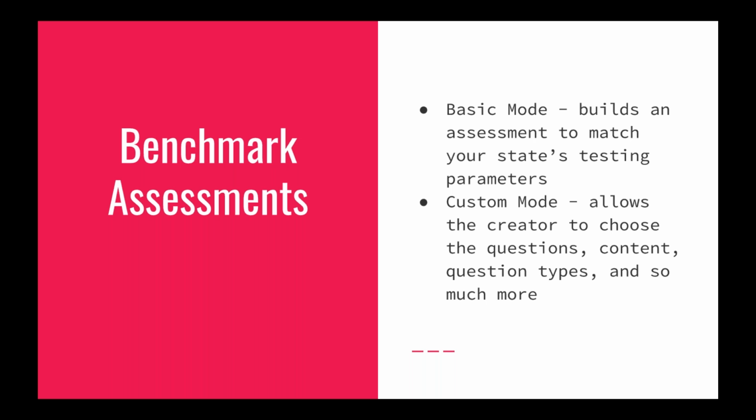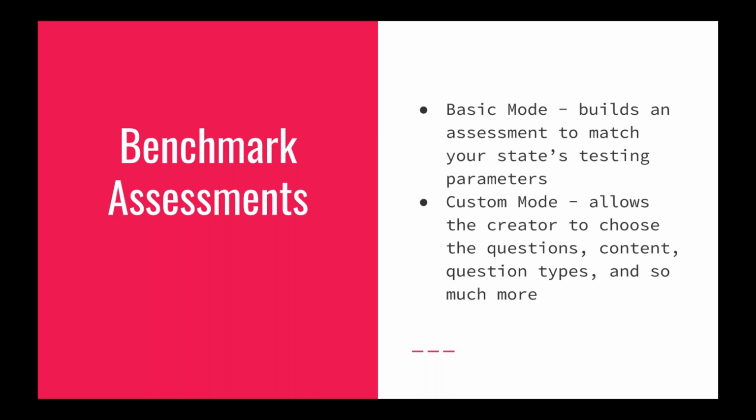For our benchmarks, there are 2 options. You can do basic mode or custom mode. When you choose basic mode, it builds an assessment for you that's going to match your state's testing parameters. For example, with Georgia Milestones, if you are taking a 6th grade ELA test, it's going to be 20% literary comp, 20% information and media literacy, 13% reading skills and vocab, 30% research writing, and 17% grammar and sentence structure. So our site will build an assessment for you that will match whatever content area you're in and whatever your